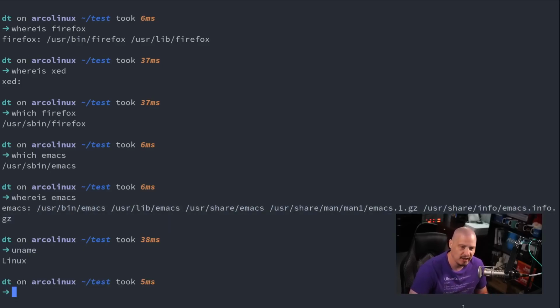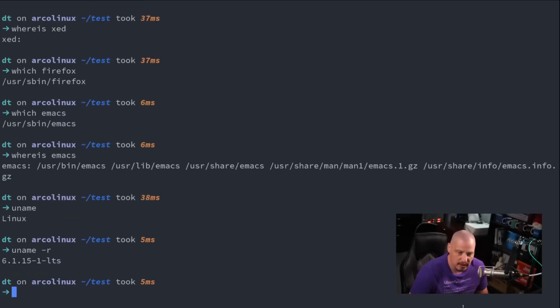Another command I often enter at the terminal is a uname command. Now, if I do uname without any arguments, it's just going to tell me Linux, the name of the kernel, right? But if I do a uname -r, it will actually tell me the actual kernel version. You can see on my machine right now, I'm using kernel version